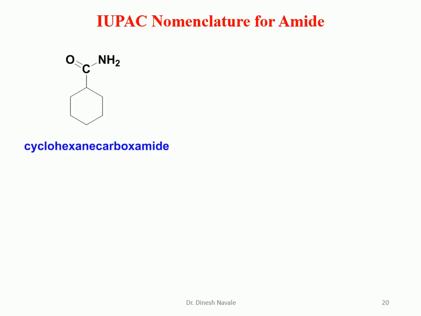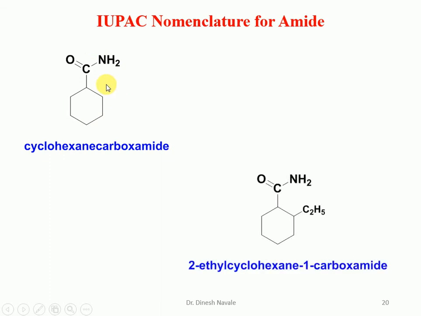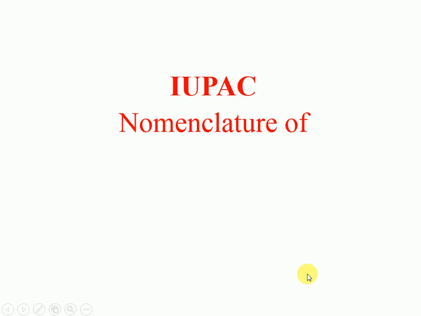For this molecule, a 6-member ring is there, so it is a cyclohexane. The nomenclature is going to become cyclohexane carboxamide. Now again, ethyl is the substituent. We have to give numbering starting from this carbon, so it is carbon number 1, then 2. It is a cyclohexane carboxamide, and the 2 position is substituted by ethyl. So it is 2-ethyl cyclohexane carboxamide. The 1 can be written; if you do not write it down, it is also okay.